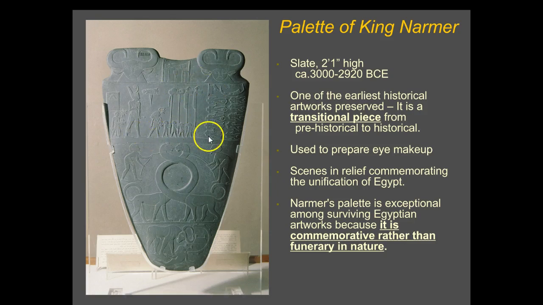The figures, note that they're standing on this ground line. The registers are, again, the ground line. We have that hierarchy of scale, again, that we talked about last chapter. We've got schematic lines delineate Narmer's muscle structure. So his forearms are veiny, his thigh muscles, you can see that, are represented by straight lines. We have half circles for the kneecaps, so we're getting that defined muscle. If you look at King Narmer up there. The palette was used, again, to prepare the eye makeup from the blinding sun. The palette was commemorative and ceremonial.